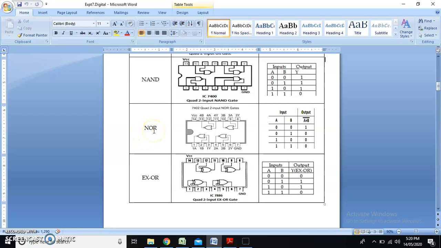The next is the NOR gate. NOR gate means NOT of OR. It's an OR gate followed by a NOT gate. So here the symbol is the OR gate and a bubble marked on the head indicating NOR gate. Now this IC is 7402 and here a slight change is made in the design. Pin number 1 is output now. Pin number 2 and 3 are input and pin number 1 is output. So we have to follow the internal schematic of the IC. Pin number 5, pin number 6 is input, 4 is output. Pin number 8 and 9 inputs, pin number 10 output. 11, 12 input, 13 pin number is output.